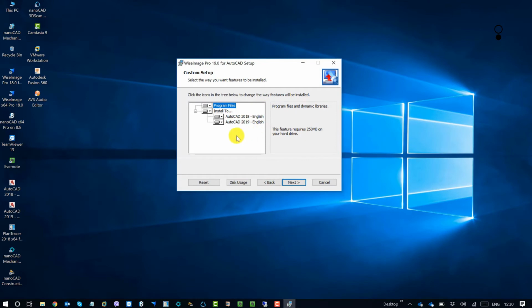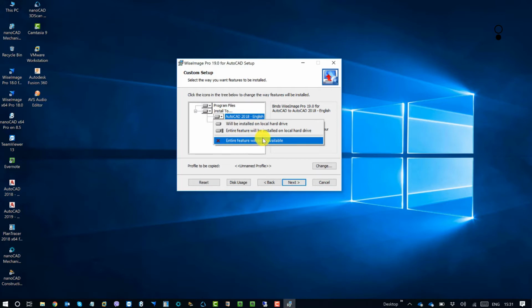So now I have two versions of Autodesk AutoCAD installed on this local system. Basically I have installed AutoCAD 2018 and then I installed AutoCAD 2019. So if you are not removing any one of these AutoCAD platforms, WiseImage for AutoCAD will install on all the supporting versions of Autodesk. So I think you should turn off the entire features in the versions of Autodesk where you do not want to use WiseImage for AutoCAD 19. So in my case I will exclude AutoCAD 2018, and I want everything to install on AutoCAD 2019